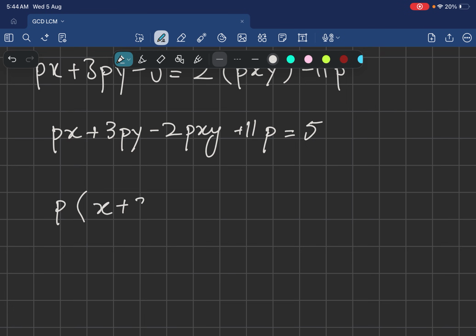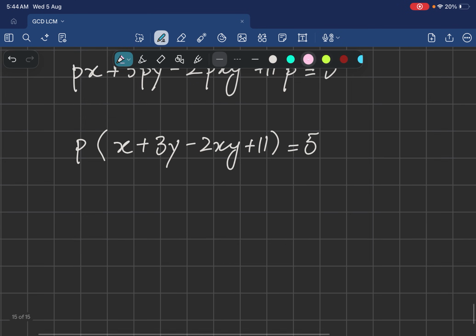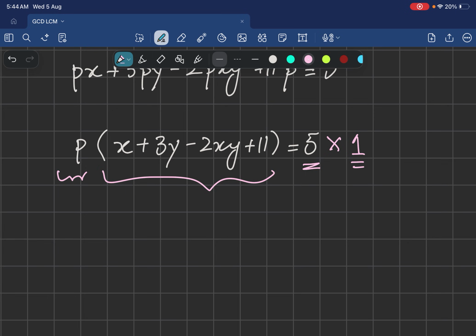I'm left with p times (x plus 3y minus 2xy plus 11), and this is equal to 5. Now this is positive. These are two factors, and this p is positive, therefore